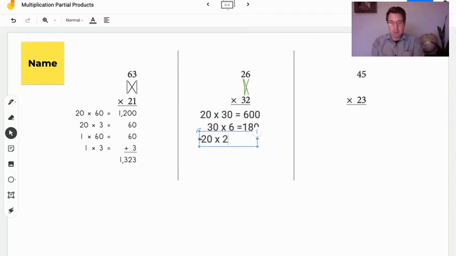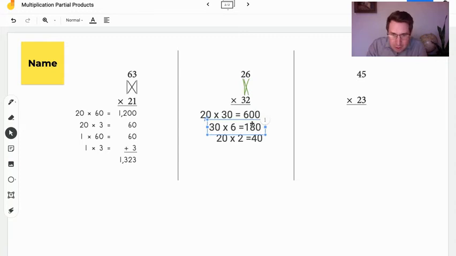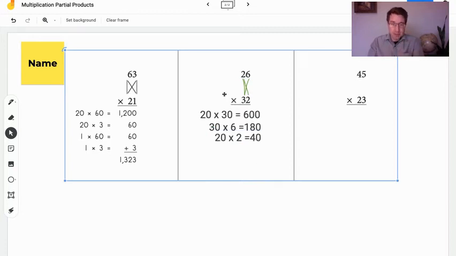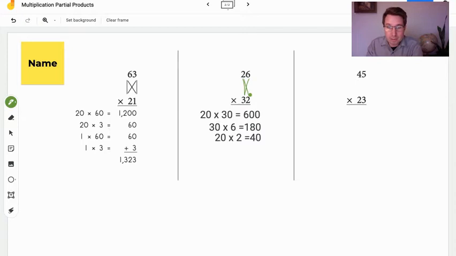20 times 2 equals, well, 2 times 2 is 4, but this is 10 times greater, so this is going to be 40. You can also just think about it as bringing that 0 over, but it's important to understand why. And now I'm going to make sure that all my numbers are lined up, so when I add them together, it's nice and clean. All right, my last step, my fourth step, grab my pen, my ones place times my